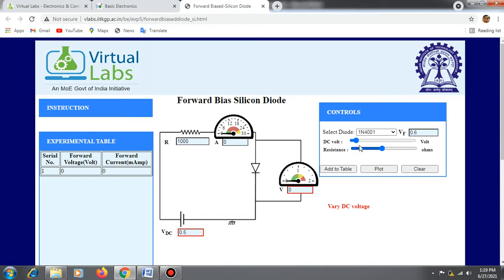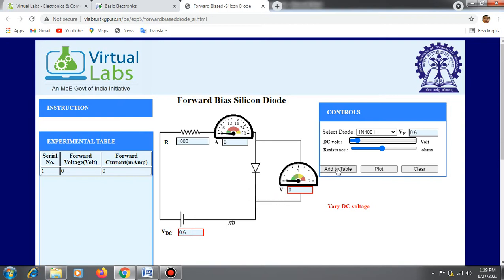We have to increase our DC value until this vary DC voltage message disappears. So now we have to increase this DC volt. So now when I increase this DC volt, up to 0.6, the current value and voltage value remain 00.